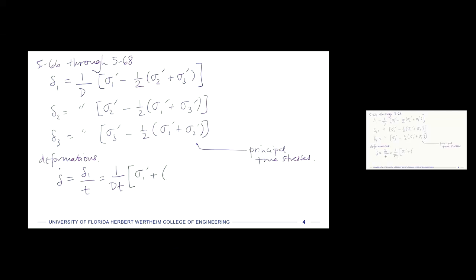Sigma 1 prime minus 1/2 times the sum of the other principal true strains. Okay, and then we could do that for delta 2, delta 3. So we continue to carry these 3 equations down. So this is helpful to us because we have an expression for the rate of deformation in time, but